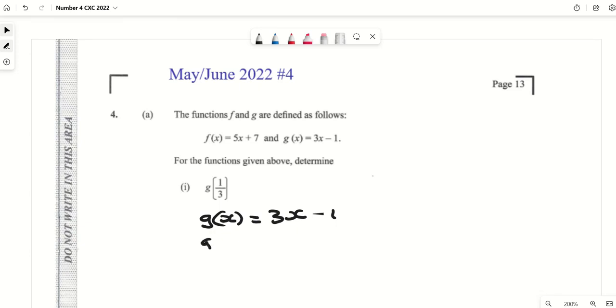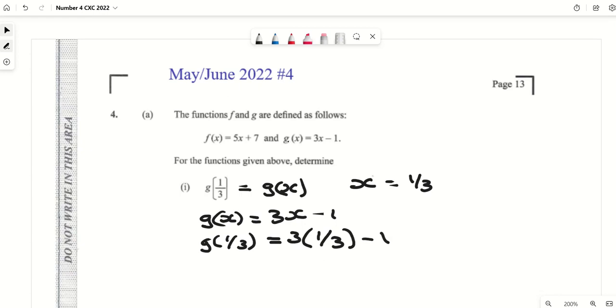Right? So if they ask you for g of a third, we can clearly see we'll be using the equation g of x, and we can clearly say that x is equal to a third. So if x is equal to a third, wherever we see x in our original equation, which is 3x minus 1, we'll put a third. So it's 3, and the relationship between 3 and x is multiplication. So it would be 3 by a third